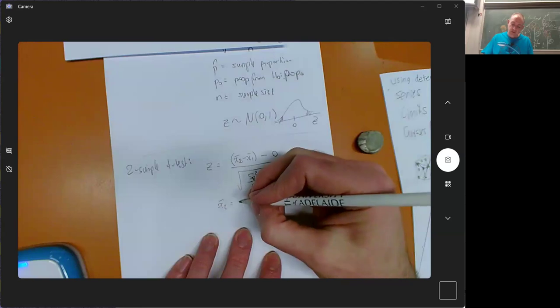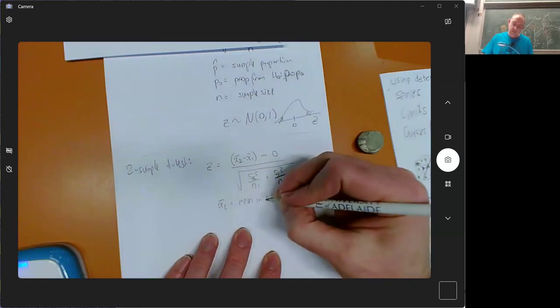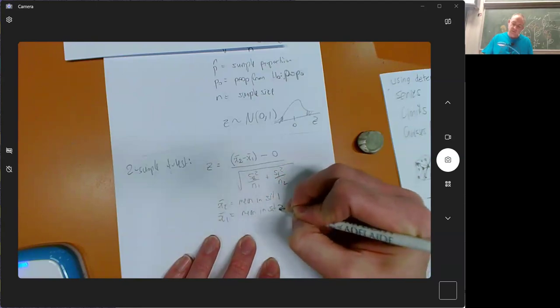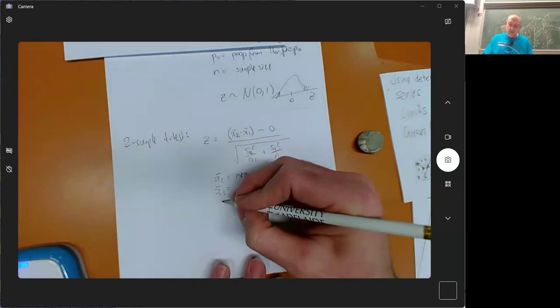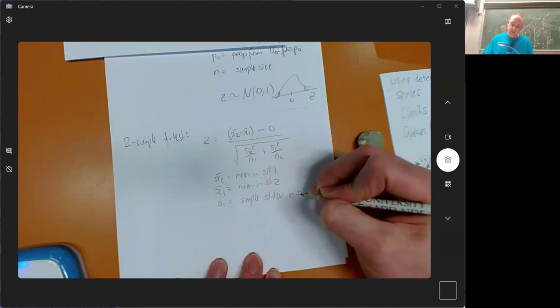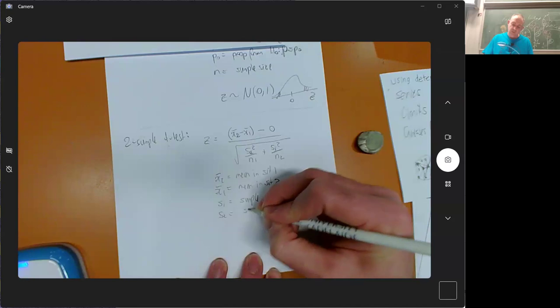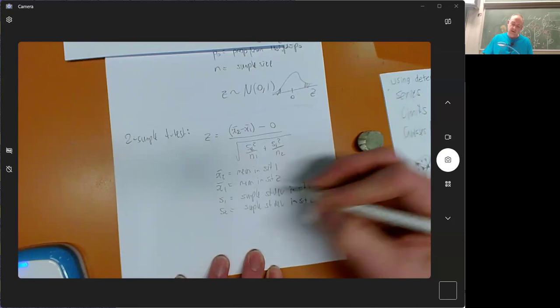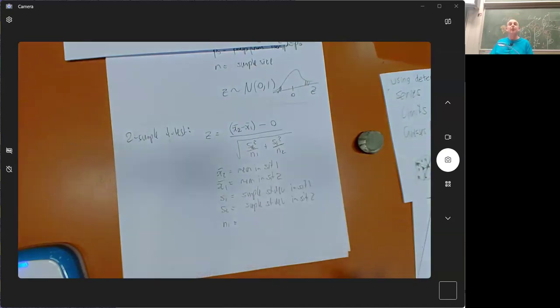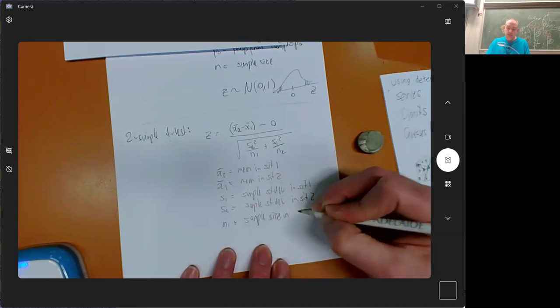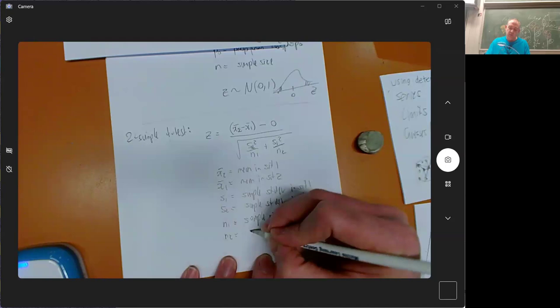So x2 is the mean in situation 2, and x1 is the mean in situation 1, and S1 is the sample standard deviation in situation 1, and S2 is the sample standard deviation in situation 2, and N1 is the sample size of the individual subjects in situation 1, and N2 is the sample size